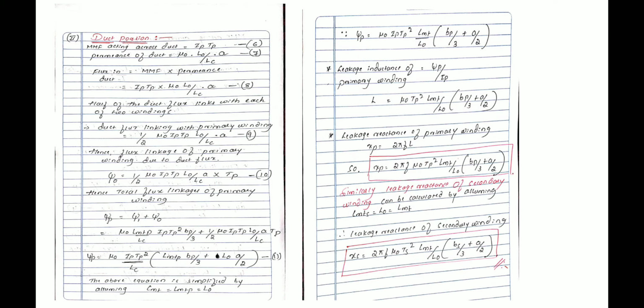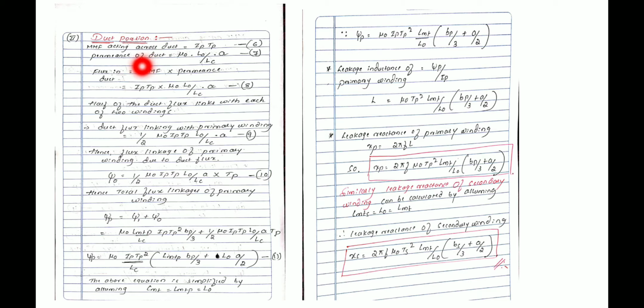Getting my point? So next thing, this flux linkage we have calculated in the primary winding is over. Only one winding I had considered here. That will also be replicated in the secondary winding. So next we'll move on to the duct portion. The duct is nothing but, as I told here, the space between the primary winding and the secondary winding. That is going to be called the duct portion.